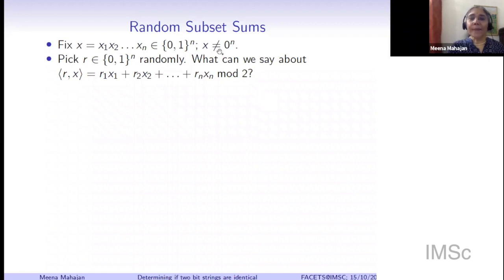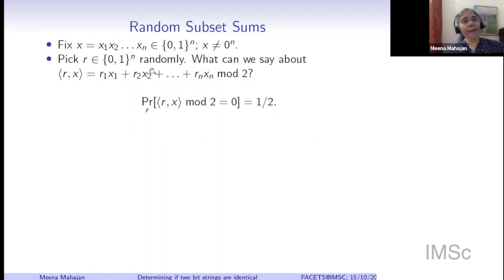That is why I very specifically said that x should not be all zeros, because if x is all zeros, then this will always be 0. But the interesting thing is that if x is non-zero, then it doesn't matter what x is. Half the times this sum will be odd and half the times this sum will be even. So from this x, I have taken this long n-bit random string and I've produced one pure random bit. Probability half of it being odd, probability half of it being even. Can you see why this is the case? Why it's exactly half?